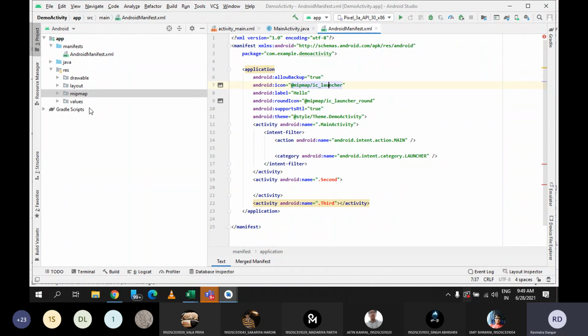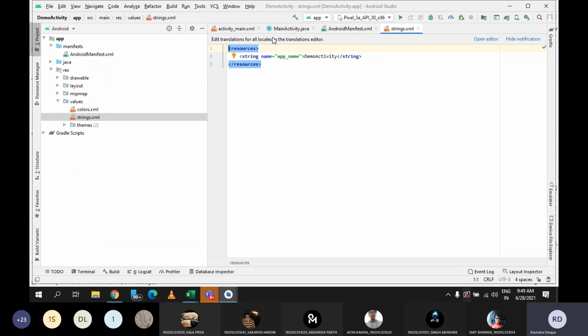But now instead of this, what I can do, see in the values folder there is one file which is string.xml. Let me just open that file. See what it has done. In this string.xml file, it has created one string variable. Name of the variable is app_name. Value of that app_name variable is demo activity. So what does it mean? Whenever in my activity, whatever name I want to give, let's say as of now my activity name is demo activity. Fine. So whenever I want this text to be displayed, I can use this variable app_name.